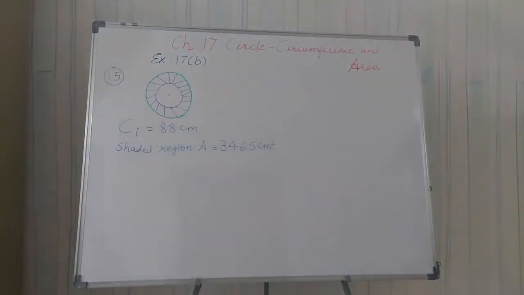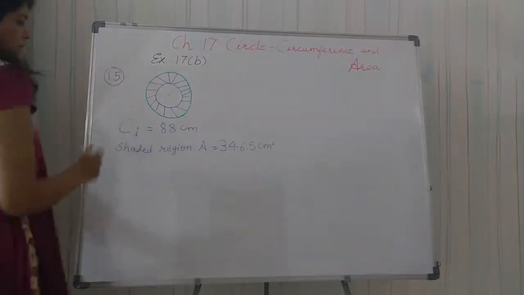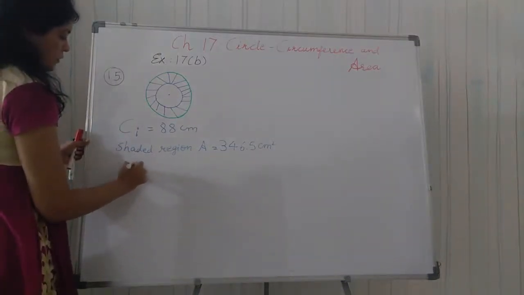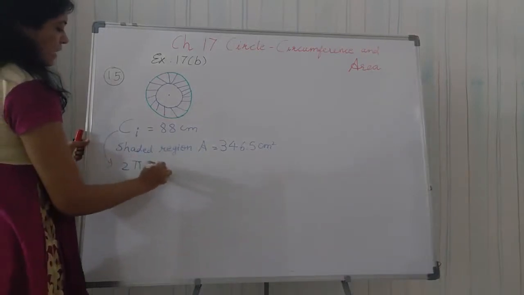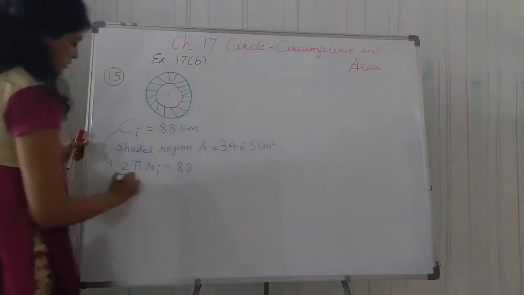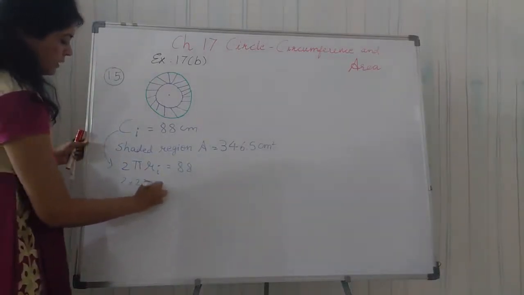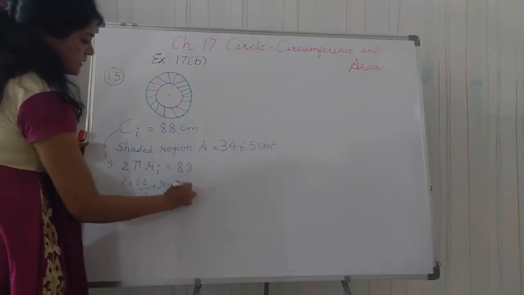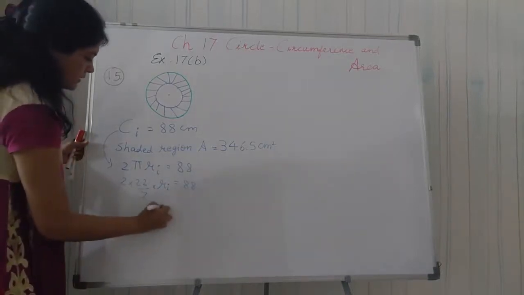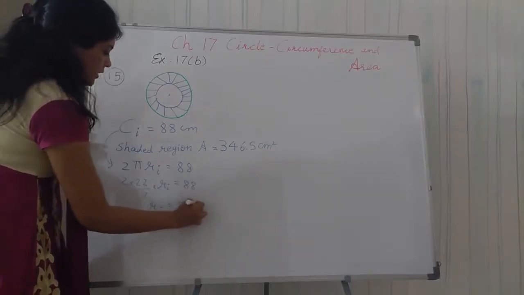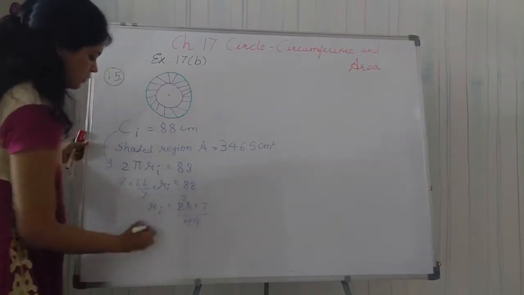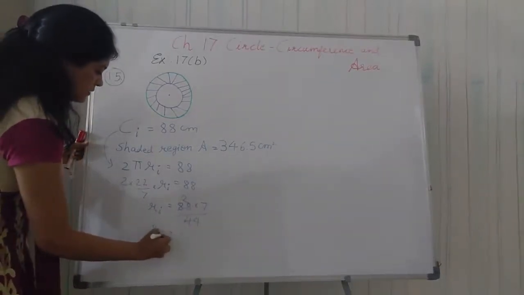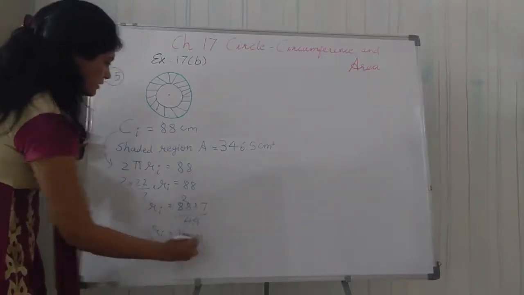Now, from the inner circumference, first of all, we find the radius of the inner circle. So I substitute directly here in the formula. You see, 2 pi Ri is equal to 88. So 2 into 22 by 7 into Ri, the inner radius, is 88. So the inner radius is equal to 88 into 7 divided by 22. 2 2s are 44, 2 2s are. So Ri is 7 2s are 14 centimeters.